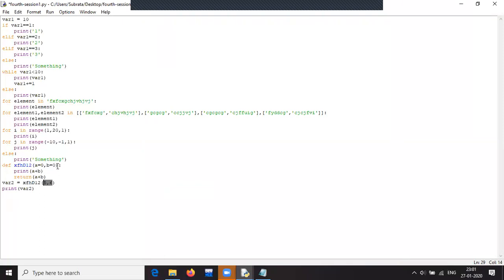Another thing to remember while defining default parameters is that the default parameters should come first and then the other parameters. So if you have C,